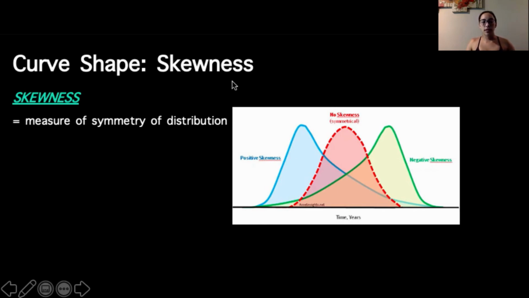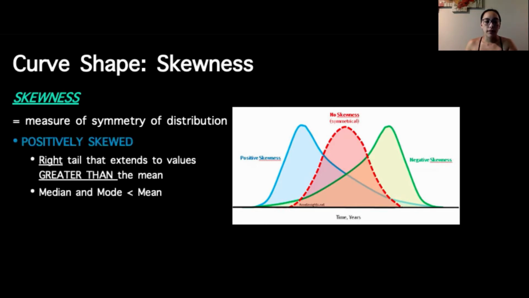When we're looking at skewness, this is going to look at the symmetry of the distribution. So in a normal distribution, such as this red curve in the center, this is symmetrical, right? If we split it down the middle, the right half looks like the left half and vice versa. Okay. When we have positive skewness, represented by this blue shaded region, or this left curve over here, you can